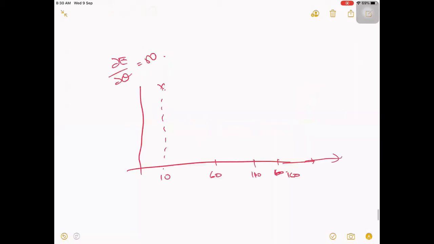Let us say you have 50, so your d by d theta is 650. Then it came till here. You still have a positive direction. Next point, again let's say you got 50 or 40. It will jump here, so you got some value here.